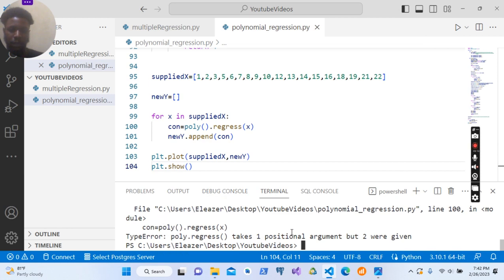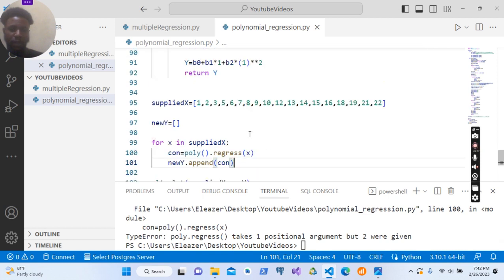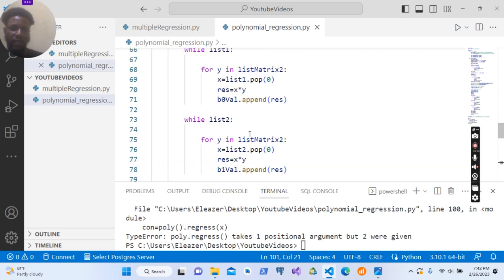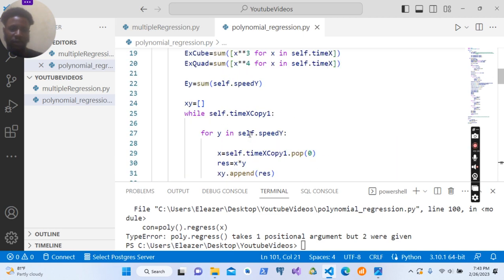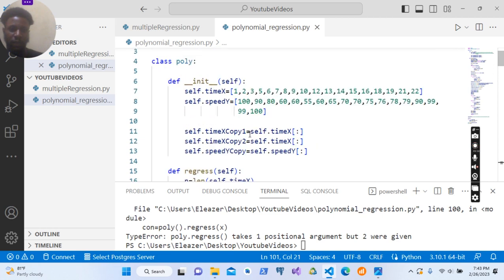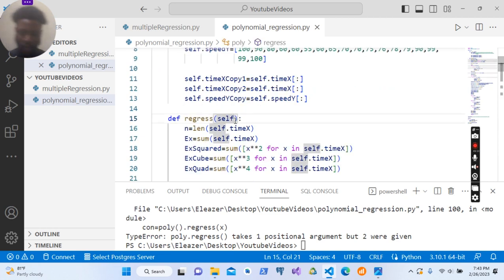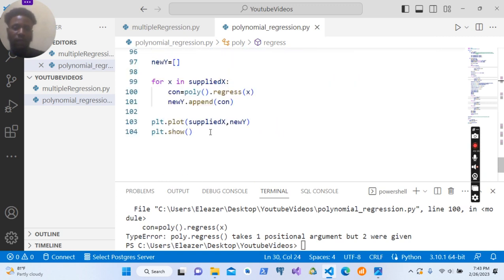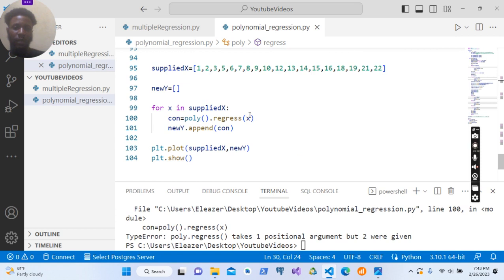poly.regress, two are given. Okay, sorry about that. So there's a small error here. Alright, so the error is this: I didn't supply a positional argument here. And let's do that. So for my function, when I call my function, I will be able to supply positional arguments for the function, which is what I just did here outside of the class. So I've corrected that. So now the value for that positional argument is x, which is going to be this x inside this